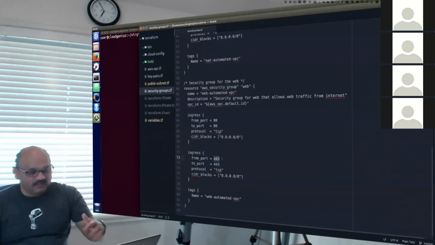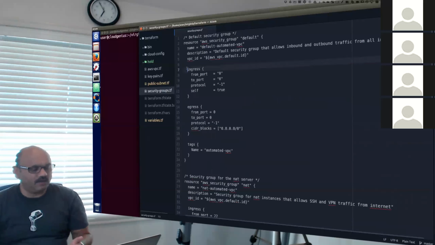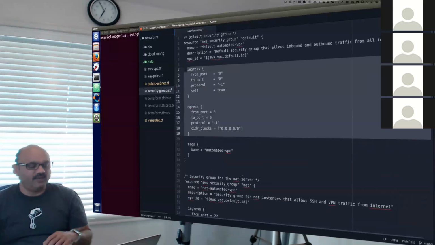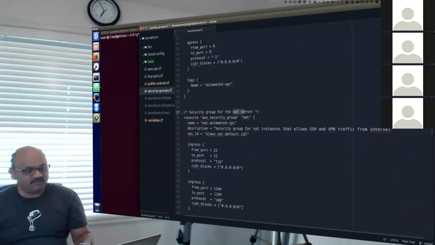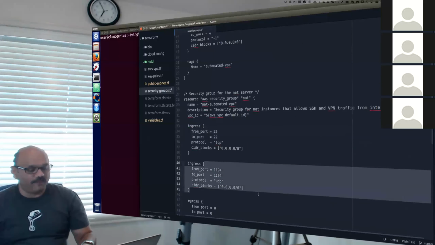And that is this particular collection of code, which is actually, think of it as very simple. There are three things. One, we defined a default security group with these parameters for ingress and these parameters for egress. Then we define a NAT security group with these customized parameters for 22 and 1194 UDP.